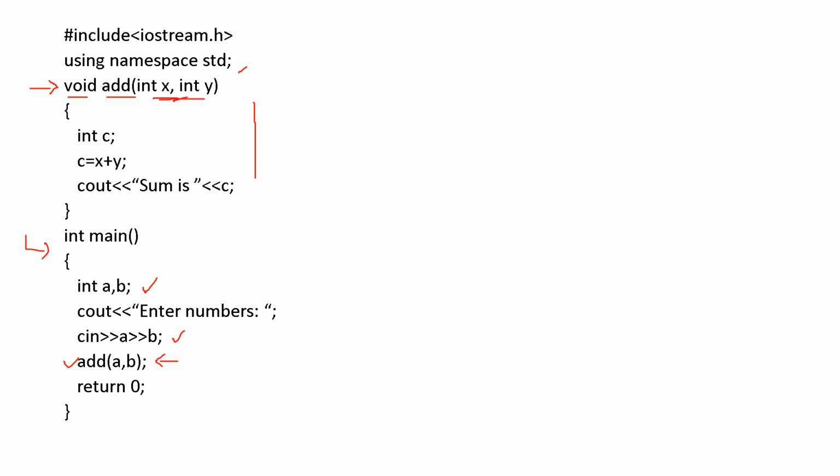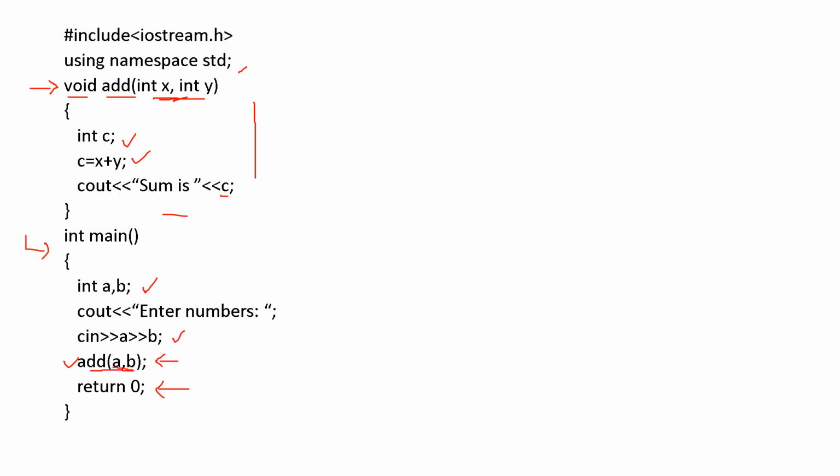Here x and y are the parameters. Here c is also declared, c = x + y, and the sum is displayed with cout. Then return 0. When the function is over, the compiler comes back to the statement return 0 and winds up the program.